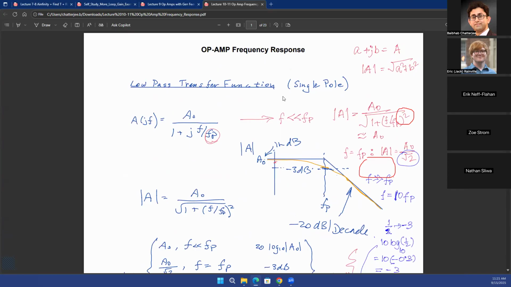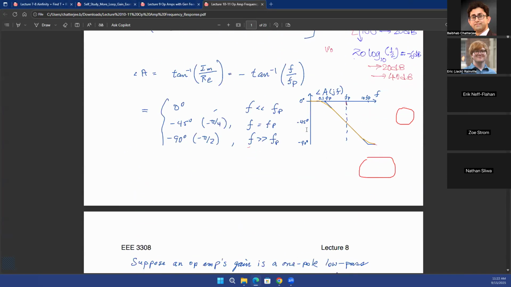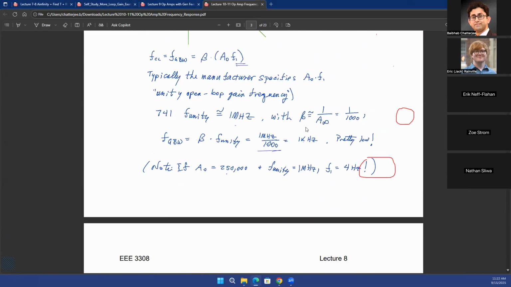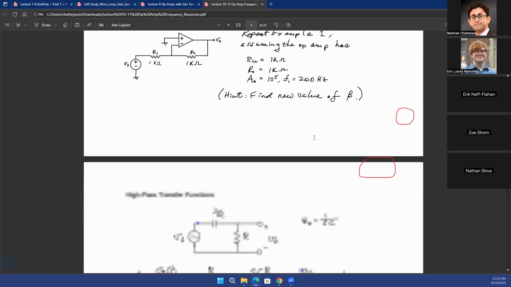And we'll continue these discussions in the next lecture as well. But today I'm going to talk a little bit about the basics of what you need to know for frequency response. And for that, maybe let's start with